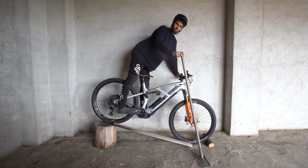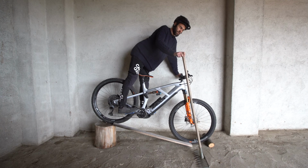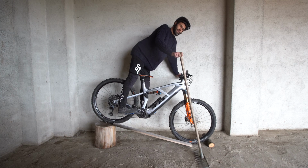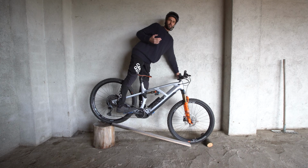As this angle comes back 20mm with a shorter stem on the medium and large versions, you're getting a better effective head angle. The actual head angle is the same, but the angle from your grips to your contact patch on the floor is steeper on the extra large by maybe a degree, half a degree. So that's bad news, and that's the first part of why this bike's hard to descend. So if you're on the extra large bike, instant disadvantage from the start, and this is made worse by a